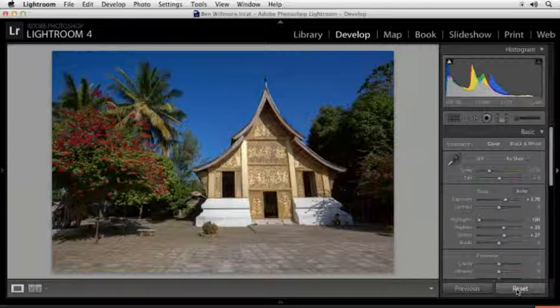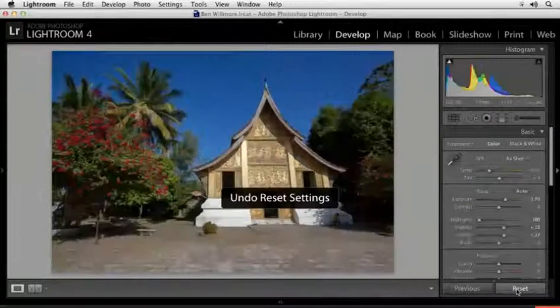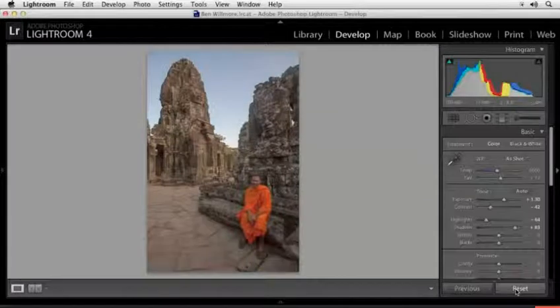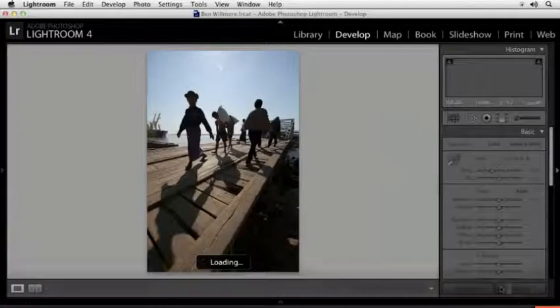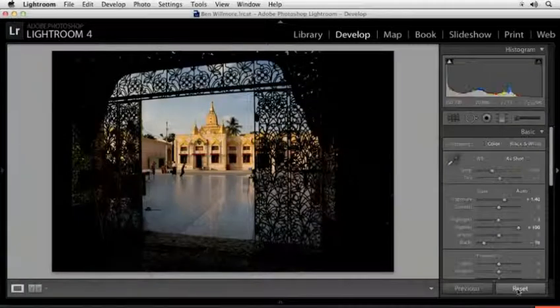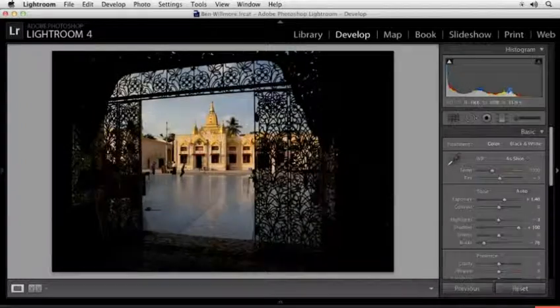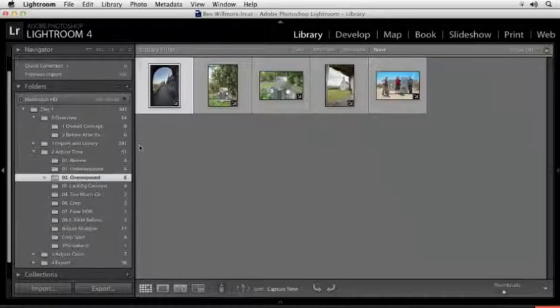And this one we just played with. We barely did anything to it, though, so not necessarily going to be exactly what I would have done. And then I'm just typing Command-Z to undo. That one we didn't adjust. That one we did. But it just gives you some sense for what kind of changes we're making. Let's see if there are any that would be rather dramatic. I think this one would